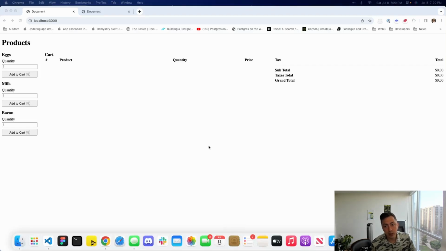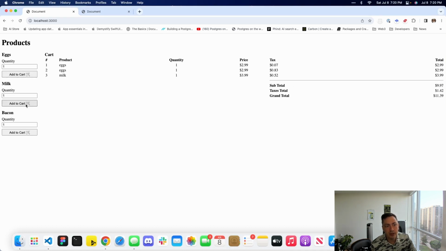Hey guys, I wanted to create some content around how you should think about the view in a HTML page. I saw some content a couple weeks back showing someone who was building out a page, and it basically was like a cart experience. So I spent some time building out a cart, and so before we get into it,